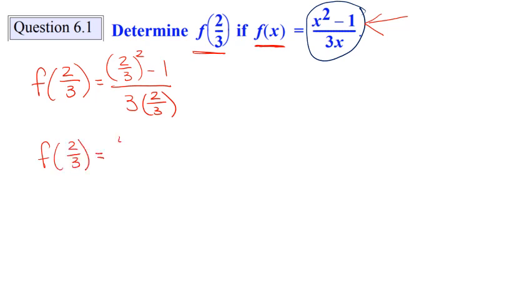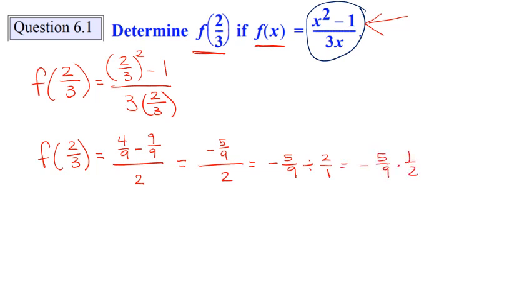And 2/3 squared is 4/9 minus. I know I need a common denominator, so I'm just going to write 9/9 right away. Over 3 times 2/3, the 3's divide out, and I just have a 2. Okay, and I'm just going to continue on here with an equal sign. So that's negative 5/9 divided by 2. And now we're going to write it the way we know how. And then I'm going to do keep change. Nothing can simplify, so it's going to be negative 5 over